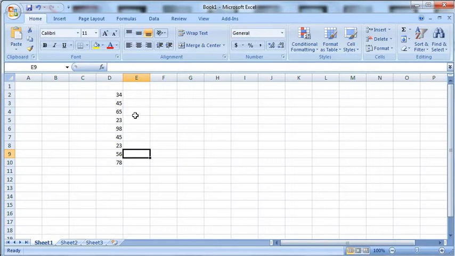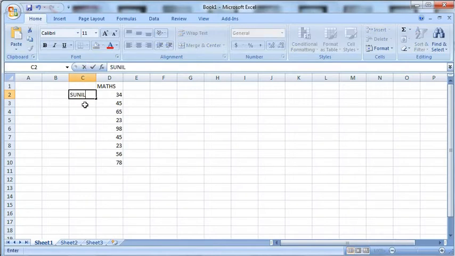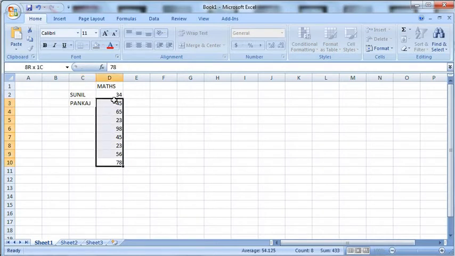Suppose this is the marks of maths out of 100, and this is Sunil, this is Pankaj. So like this we have marks of every student. So who got the highest marks?